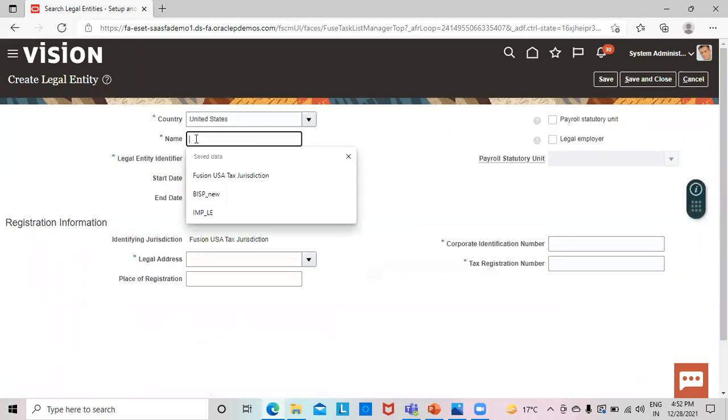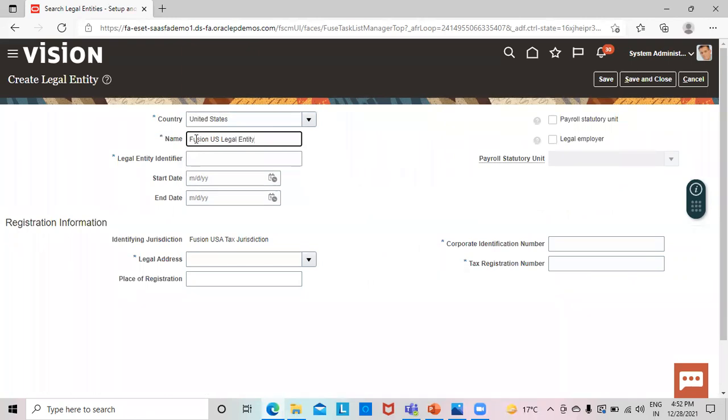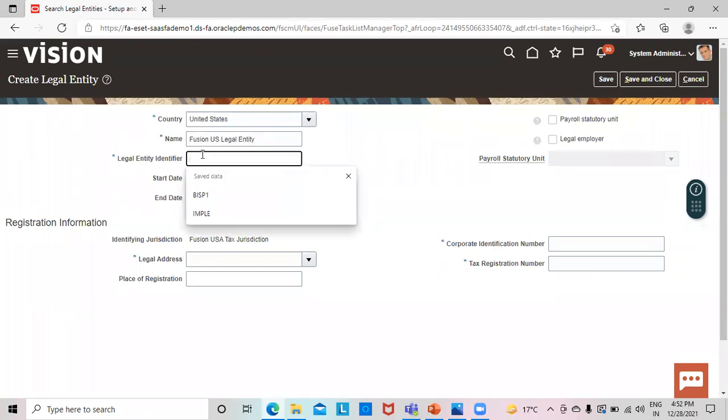So United States is the name of the country. We'll select Fusion US legal entity. We can give the name. The legal entity identifier is a unique global identifier for a legal entity participating in any financial transactions.